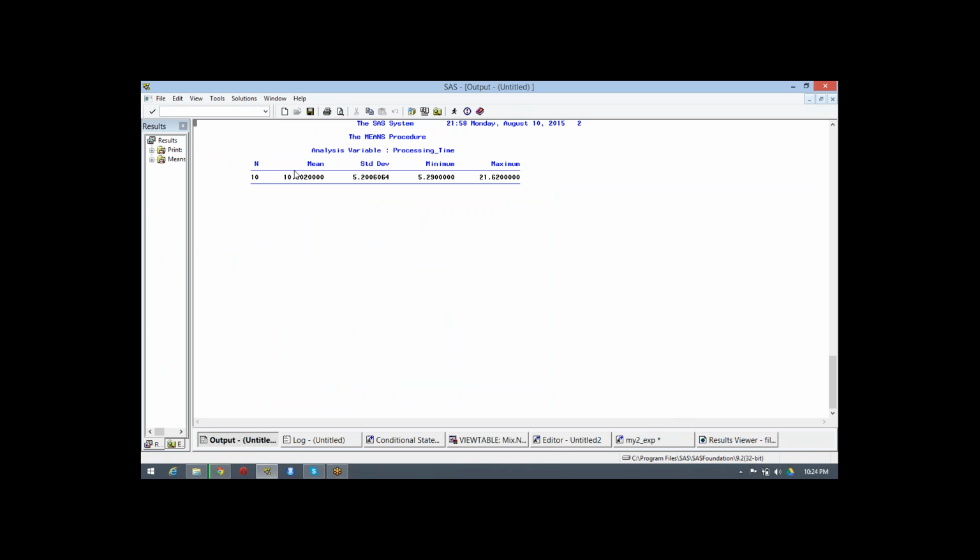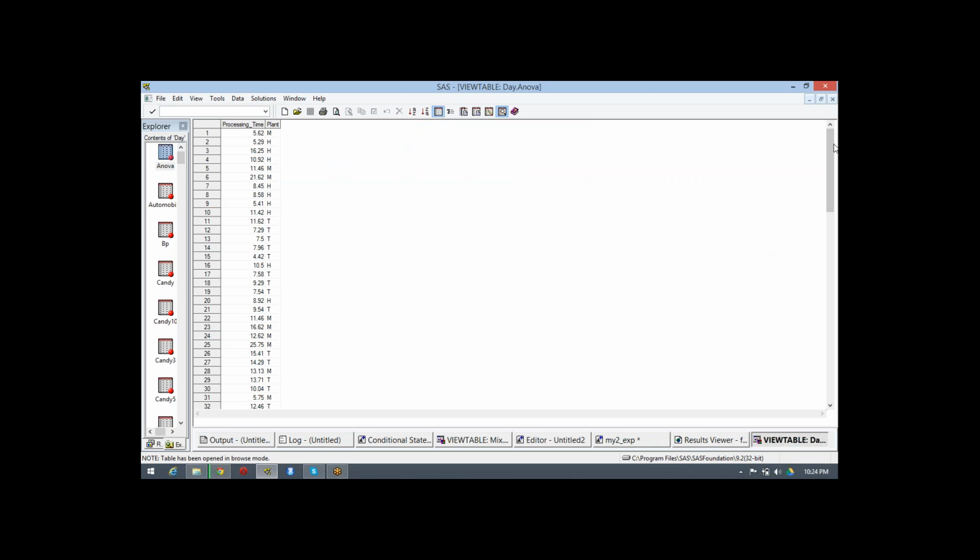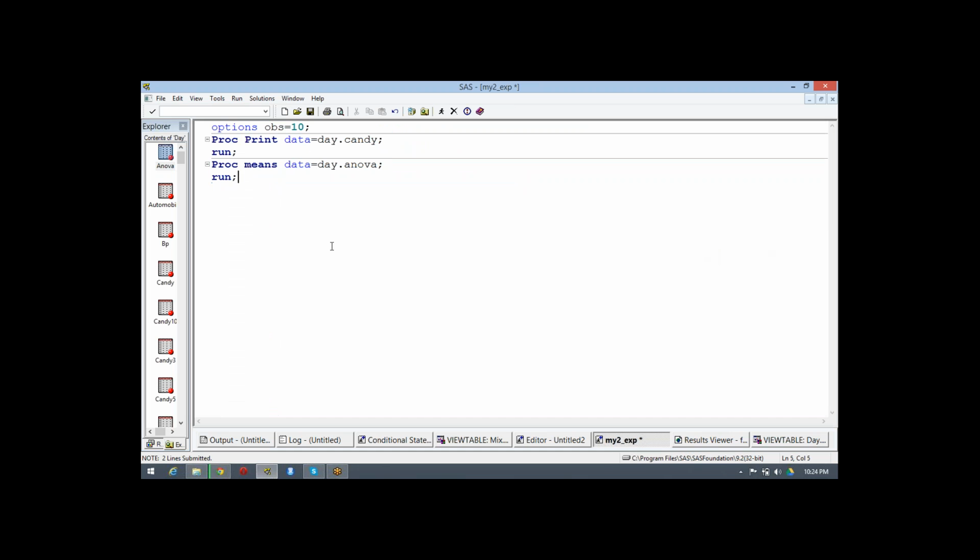Now, in your datasets there might be many observations. By default, you want to restrict every output to use only the starting 10 values, so you can restrict it at the top itself.